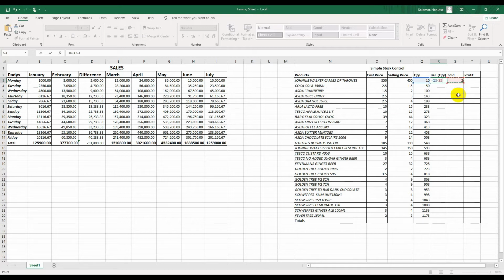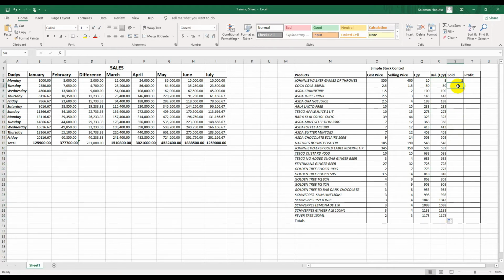Then I hit the enter key. So you see, 2 bought, total quantity is 10, will be left with 8. So that is so simple. So all I need to do is to just drag this to the bottom,